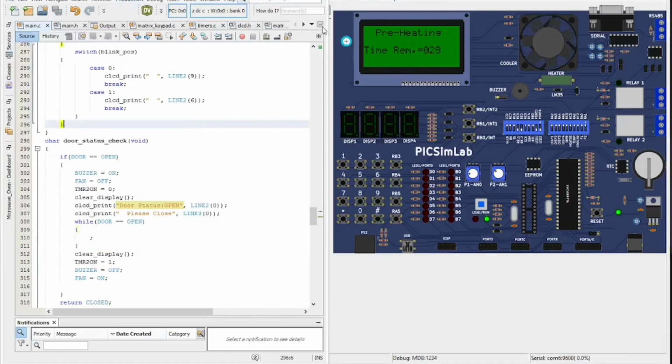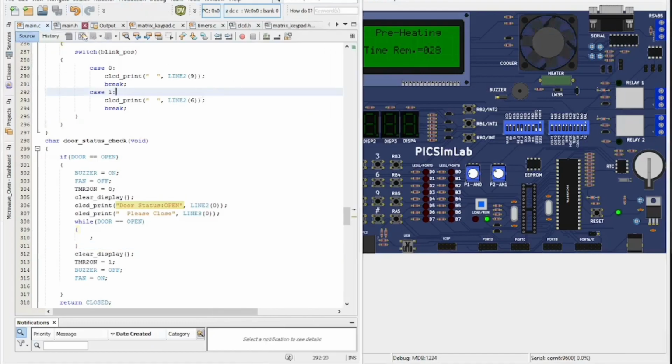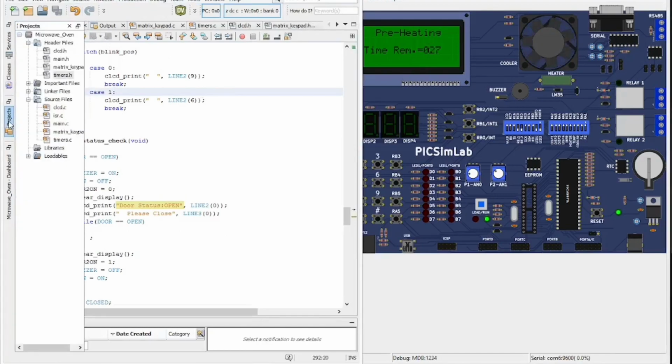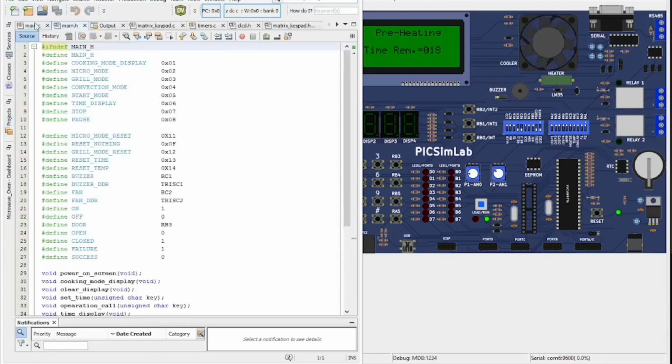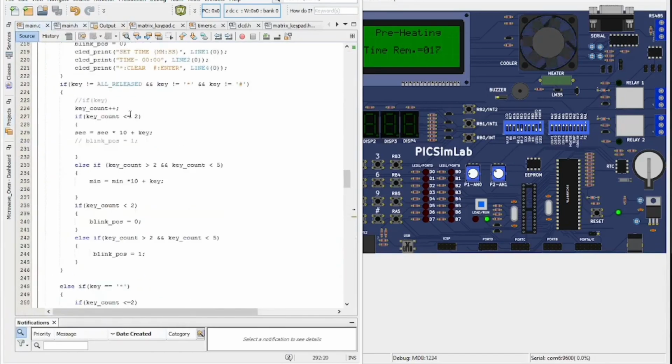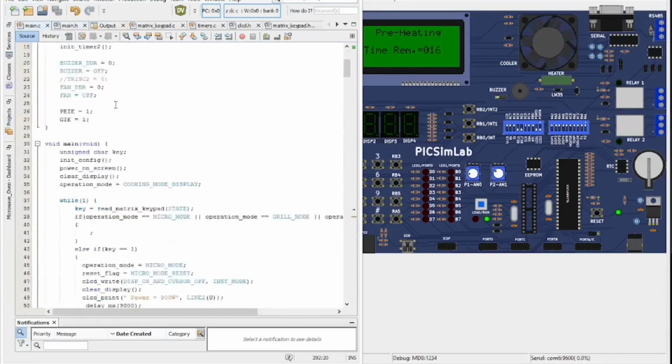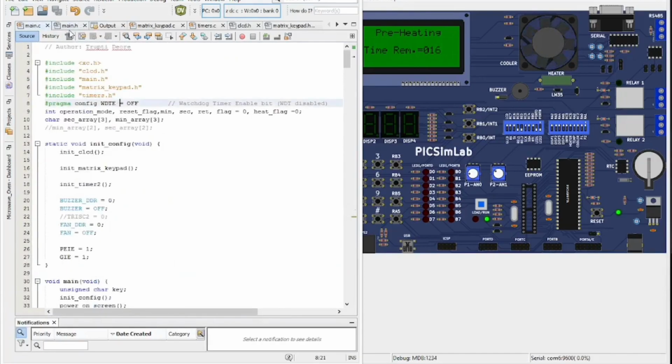So as we see here in MPLAB IDE, we can use the different types of sections. This is very reliable software, so anyone can edit the code in this software as per their requirement. Here we have to use the main.c file as well as the header files like main.h, so that the functions and variables we have used here, we have to declare all of that